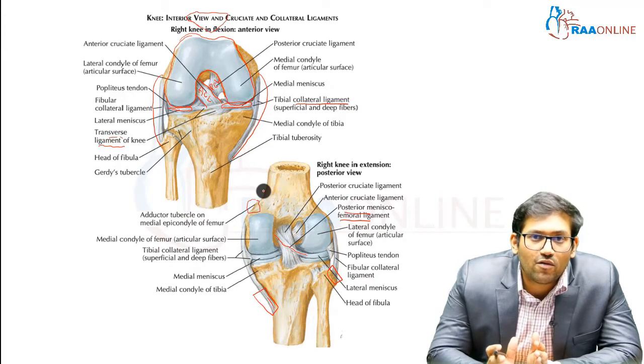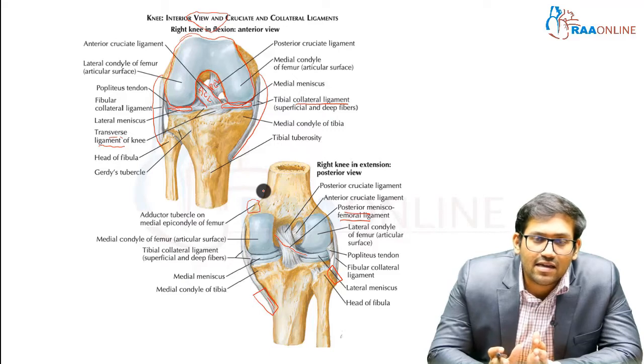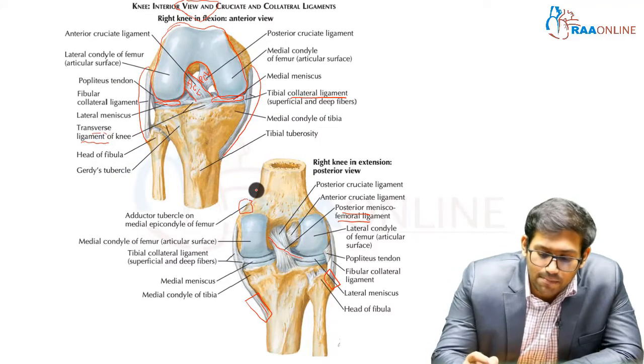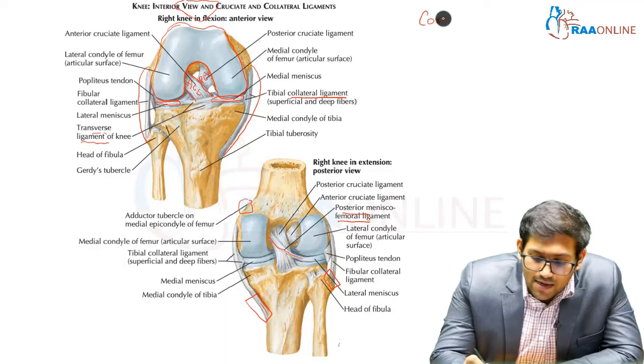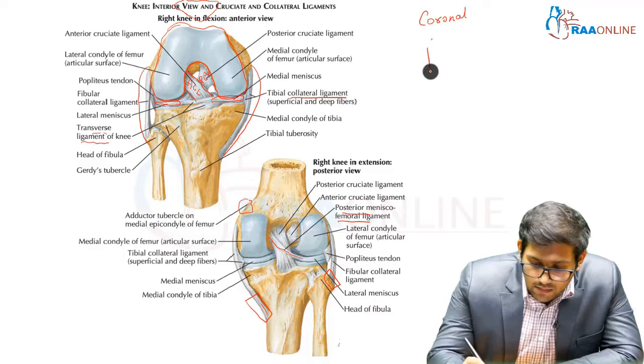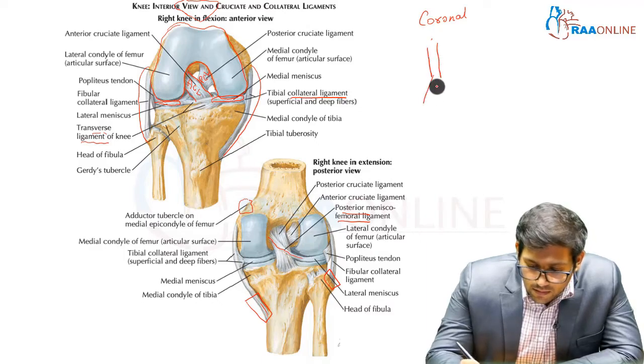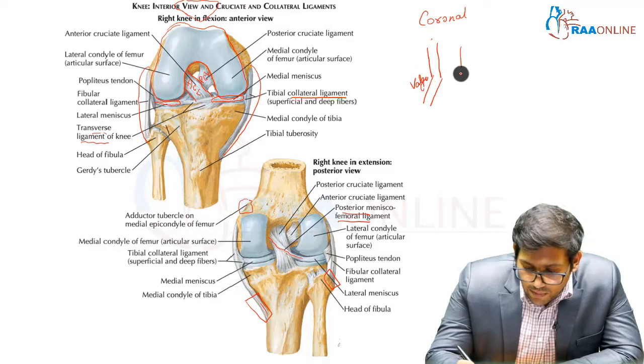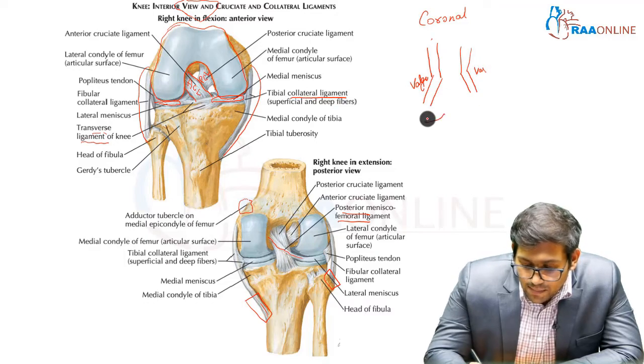How does it provide stability? It provides stability in three planes. The first is the coronal plane, wherein the patient is subjected to either a valgus force or a varus force. Exerting the patient with both of these in the coronal plane is going to put your collateral ligaments at stress. Whereas in the sagittal view,